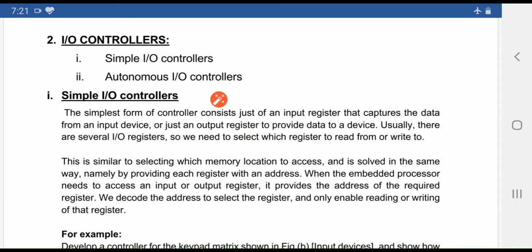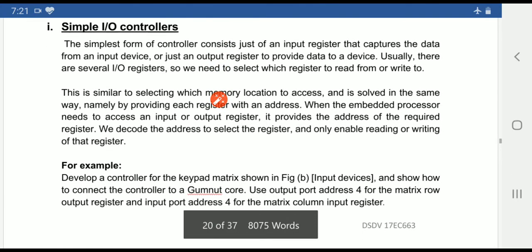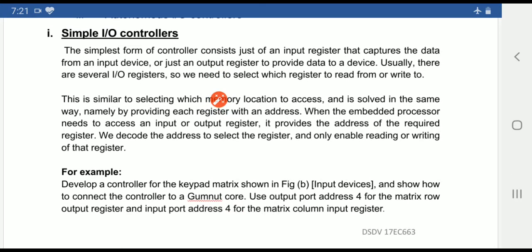So first we will discuss the simple input output controllers. What does the simple input output controller consist of? It consists of an input register that captures the data from an input device. Whatever data is read from the input device will be stored in the input register, or it has an output register to provide the data to a device.